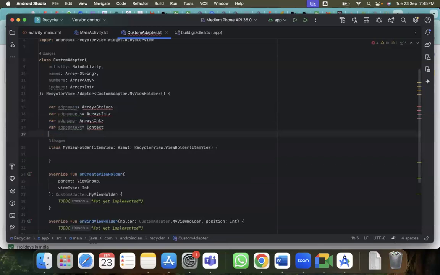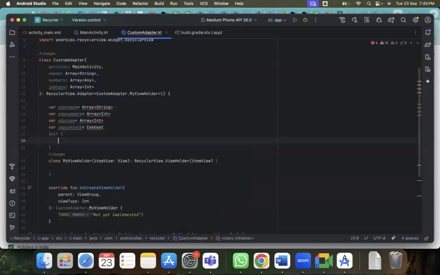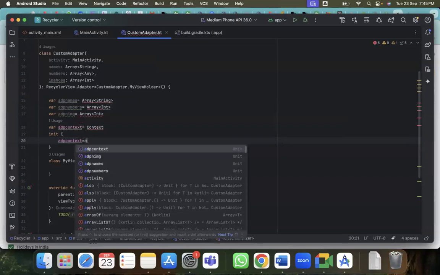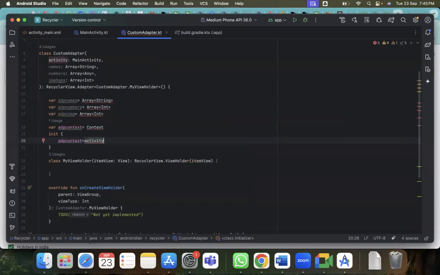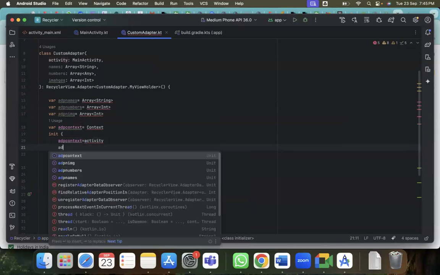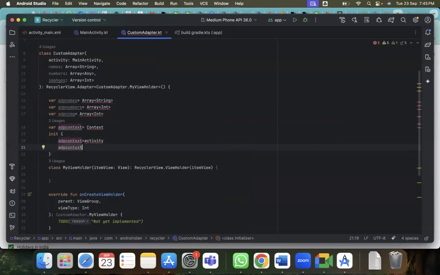So for this, now we have to create one init method to localize this, means we have to assign adb context equal to, so from here what is the context that is coming, so that is the activity, right? See, now it will be active, means that data is passing into this. Like next, adb names,